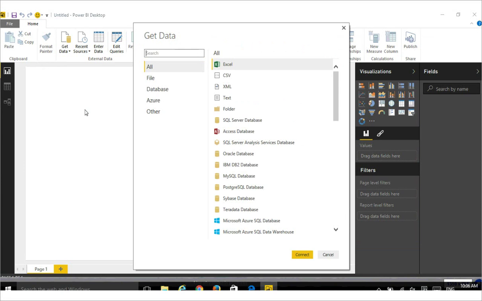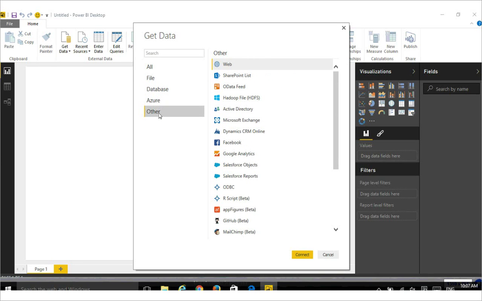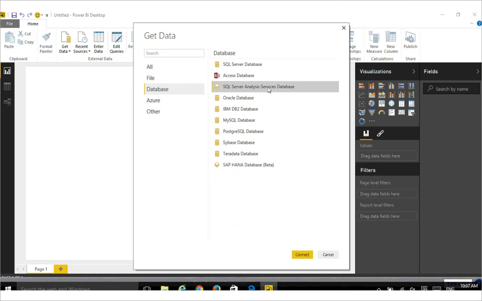The first step I would do is getting data from a SQL Server database. I click Get Data. Here we have around 45 data connectors today, and every month we add a few more. We have data connectors for all your needs, be it any popular file types, any relational databases, cloud storage systems, or other things like social and communication tools such as Facebook or your Exchange or a web page. We also have a lot of connectors for SaaS providers and line of business applications like Salesforce, SAP, CRM, you name it. We also have generic data connectors like ODBC, OData, and JSON interfaces. And with partners like Simba, who are specializing in the data connectivity domain, you can virtually connect to any data from Power BI. In this example, I am going to connect to a SQL Server database,